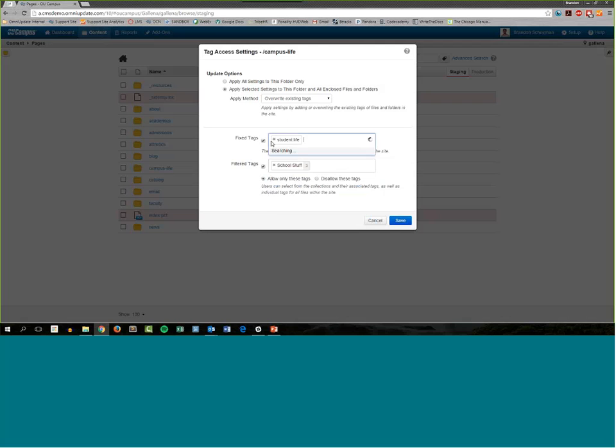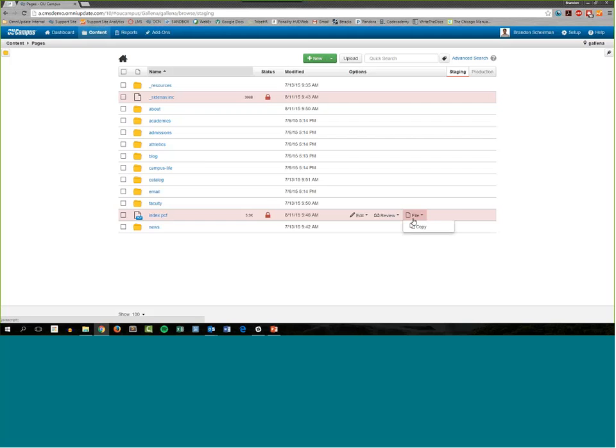Okay, so student life is going to be applied to every page inside my directory, and then people are only going to be able to choose from school stuff and the tags inside of it when they're adding additional tags past student life. So I'll hit save,